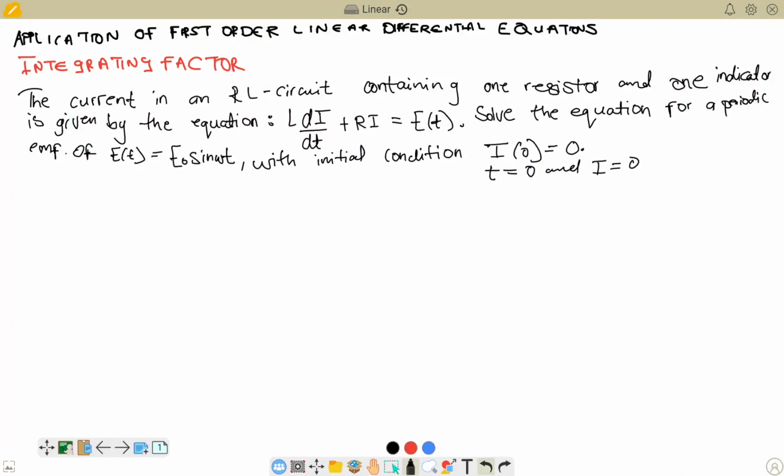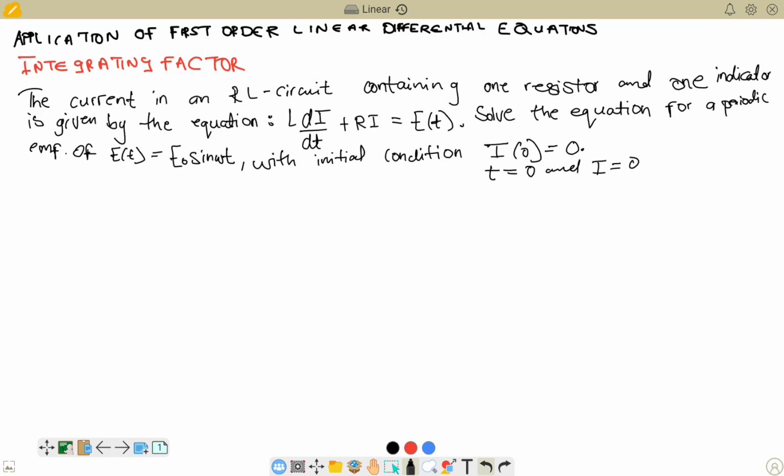Welcome. Let's look at this interesting problem of application of first order linear differential equation using the integrating factor. It says that the current in an RL circuit containing one resistor and one inductor is given by the equation L dI over dt plus Ri equals E(t). Solve the equation for a periodic EMF of E(t)